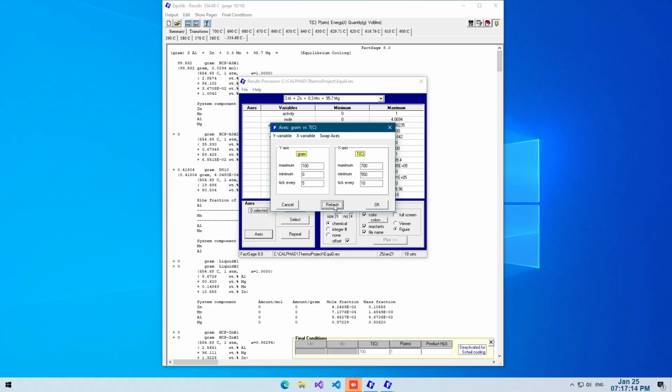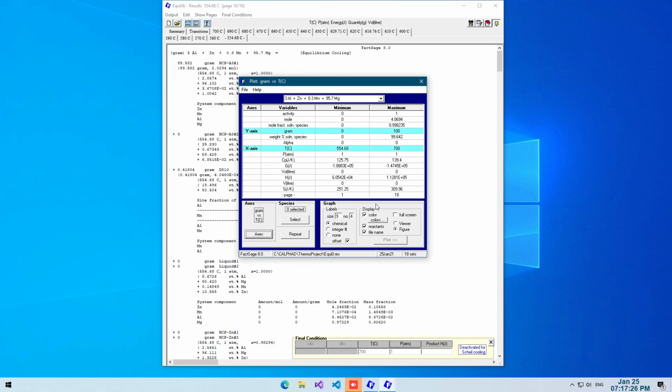So let's just refresh it. As you can see, when you refresh it, it automatically adjusts the axis according to the calculation, and press OK. After that, we have to select the species. So to select the species, click on select,